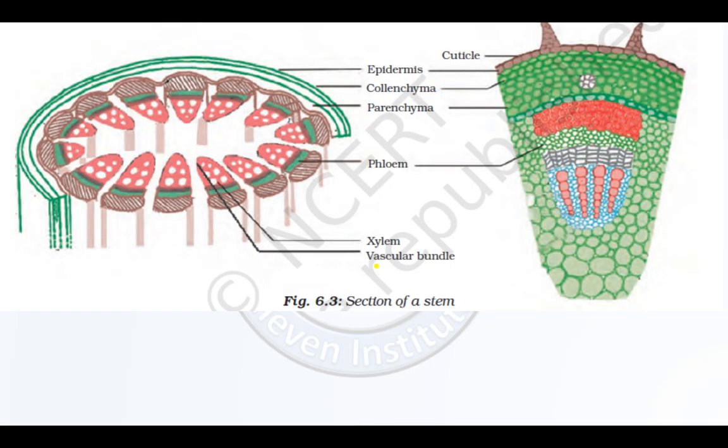This is the figure given in the textbook. Now try to understand this. This is quite logical. First of all, look over here. Suppose this is a stem. I hope you know what a stem is. There are many branches like this, and there are leaves or flowers on it. But suppose this is a stem. Now, if you take a small section from here, if you cut this much part, it will look like this.